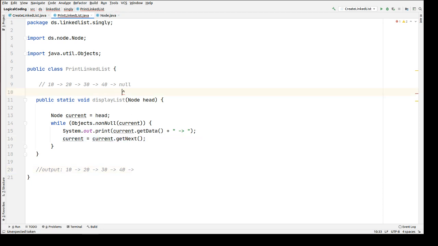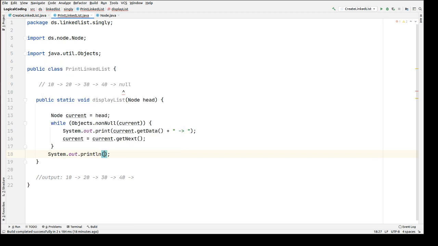Now it's pointing to null. This current is holding the null value. So we check whether current has value null or not. Yes, it's pointing to null, so it will not come inside this while loop, and after the while loop it will print null.